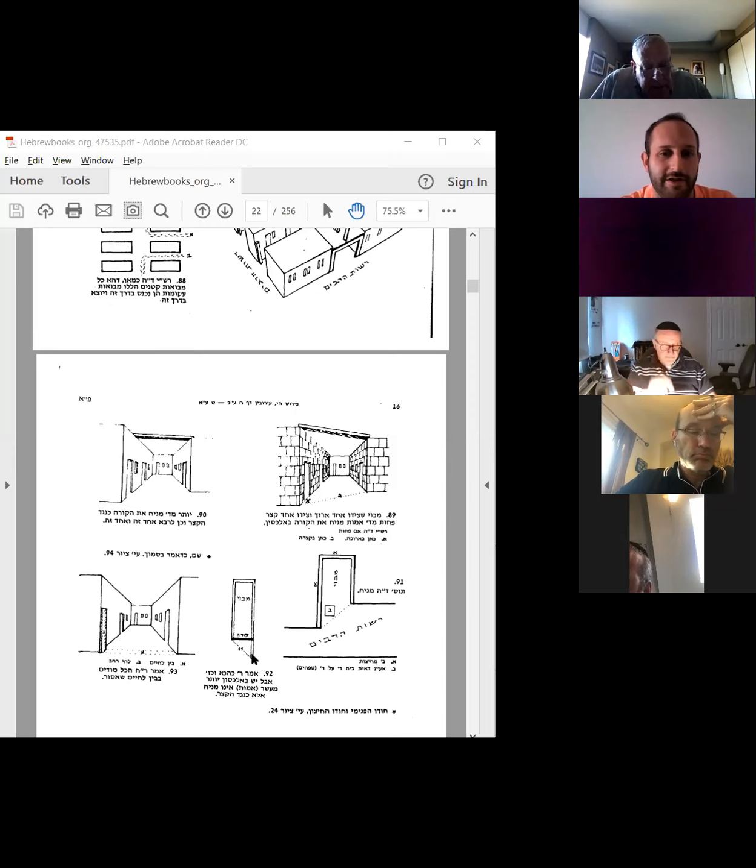When we say you do it diagonally, it's only if, when you end up doing a diagonal, the diagonal is less than 10. As I mentioned before, there's a maximum limit to a Korah of 10 amot. If it's more than that, then you really can't put it. Because as we mentioned in the Mishnah, the maximum width of a case of using Korah is 10. And so once it's bigger than that, you're stuck, and you have to do something, and you have to do it according to the